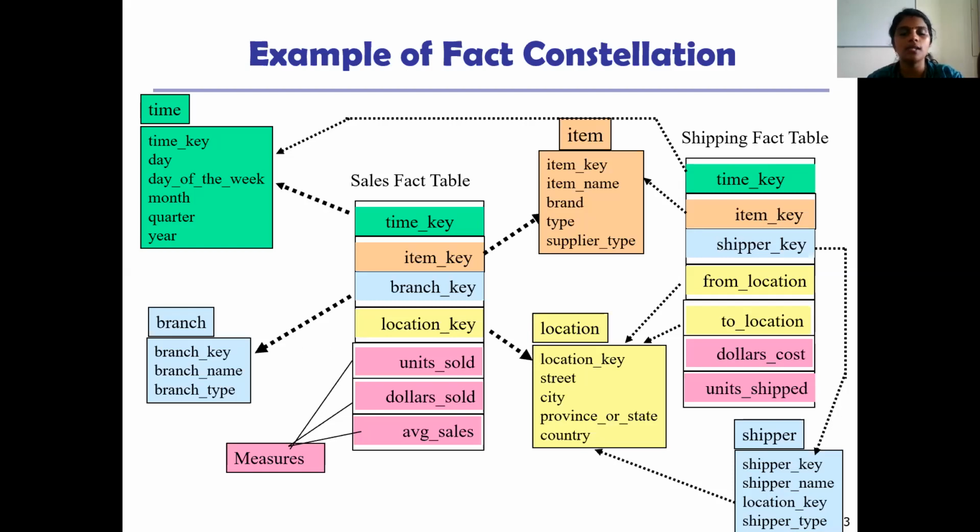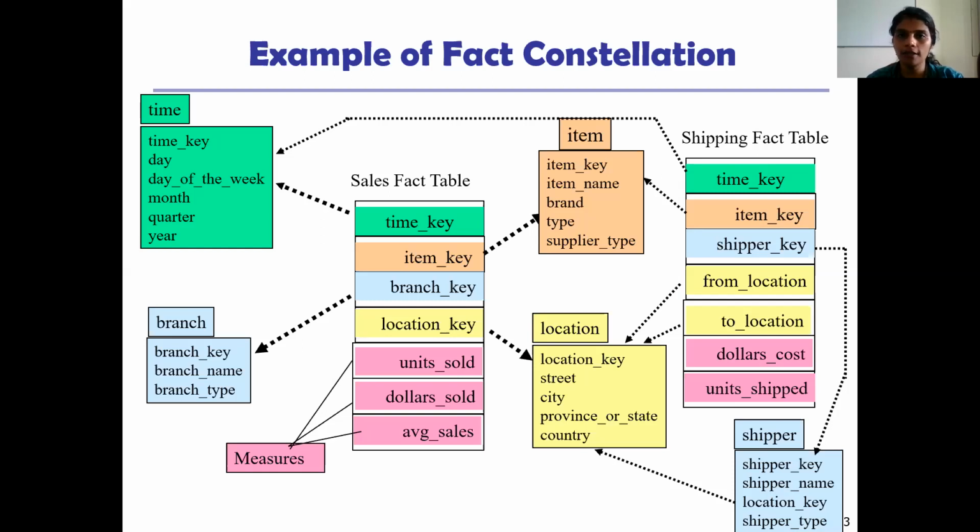The fact tables are all similar. They will be having keys that connect them with the dimension tables. They will be having numerical measures which represent the facts. Dimension tables are also similar. They will be having attributes which represent that particular dimension. You can keep the dimension table either in a normalized form or without normalization as well. So this is about fact constellation.